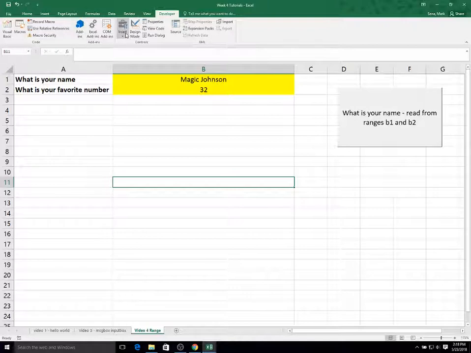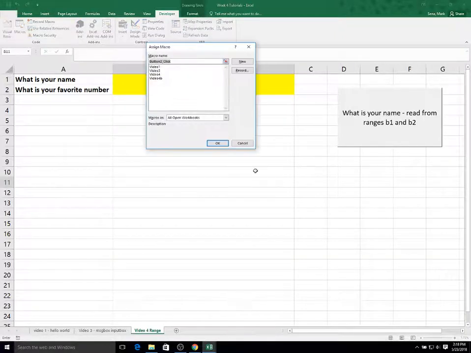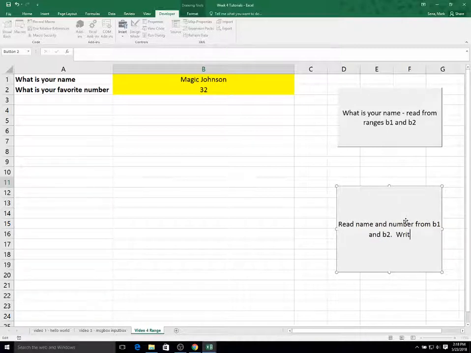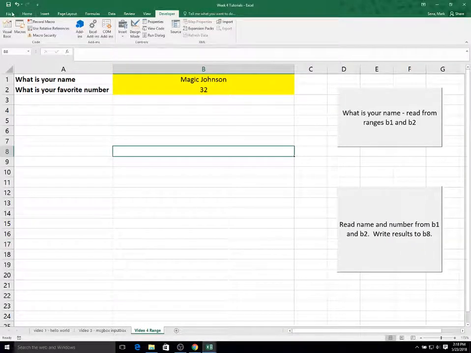So let me put in a new button here to run part B. And I'm going to put read name and number from B1 and B2, write results to, let's put it down in B8. So down here in B8,